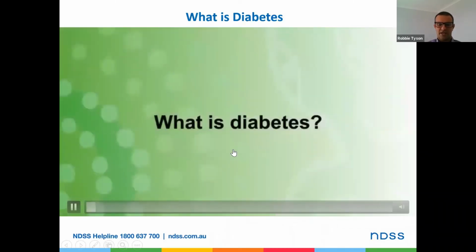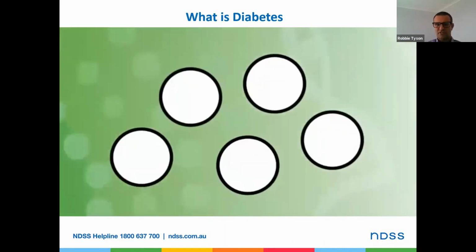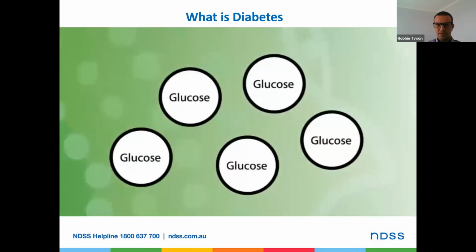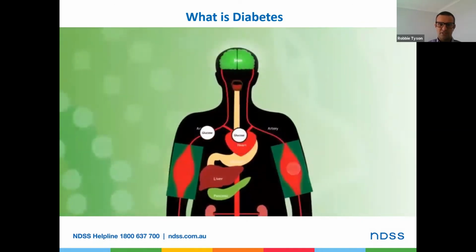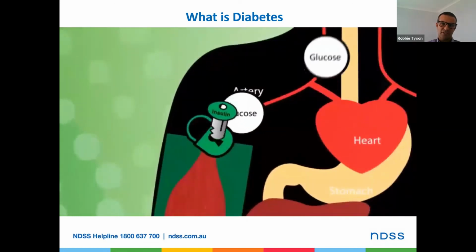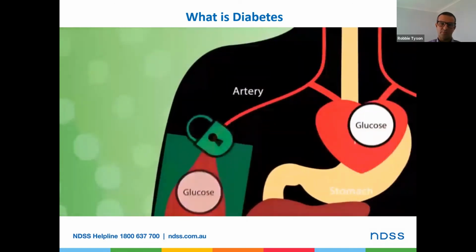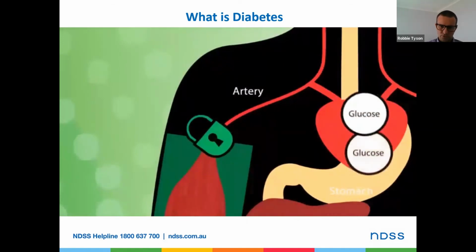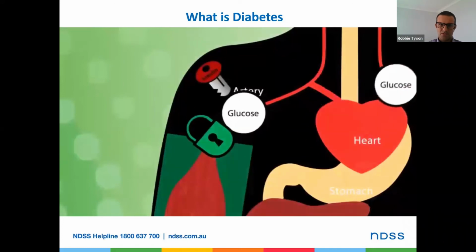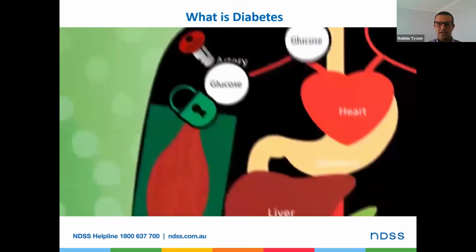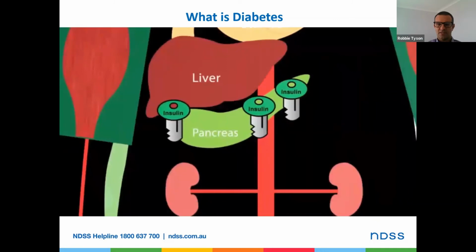And again, this is just it in animation form and a refresher. Glucose is obviously the main fuel source for the body. In type 2 diabetes, it becomes elevated because of those two things. And you'll see in this animation here, glucose at the moment going to the brain, cells of the body like the muscles. However, if this insulin key, which will become red in a moment, tends not to work too well in diabetes, then that glucose in the blood tends to build up. So we're going to look later on at how we can improve that.